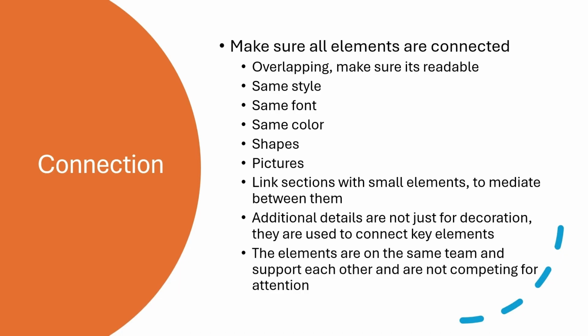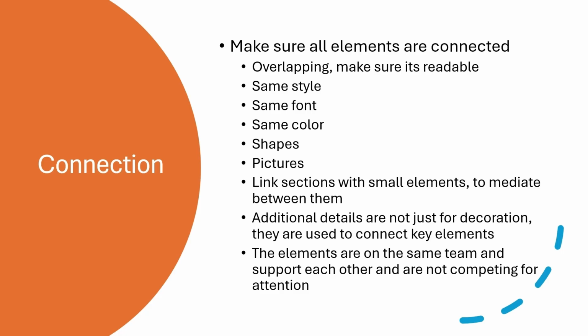The other thing that you need to remember is connection and making sure that all the elements are connected. You can overlap elements, but make sure they're readable. Use the same style, same font, same color, same shapes. There's different ways of connecting the same elements together. Link sections with small elements, so you can mediate between them. I'll show you what that means in a minute. And you can use your additional details. They're not usually just for decoration, they're used to connect the elements together. And you want to make sure that the elements are on the same team,